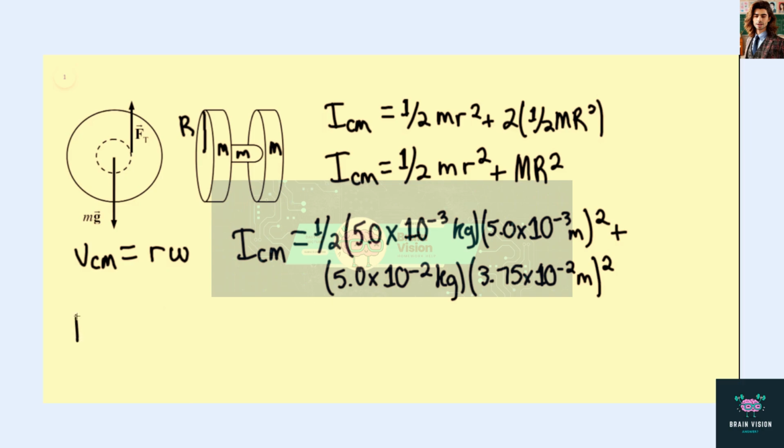And we find that the moment of inertia through the center of mass equals 7.038 times 10 to the -5th